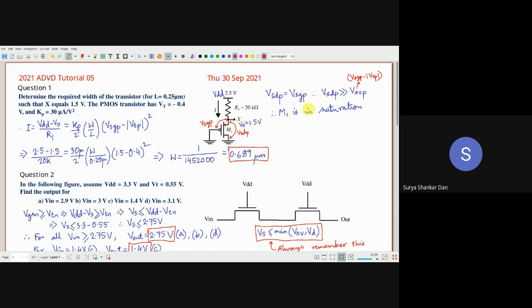Once we have got that, we will essentially go into the equation. We already know that Vx equals 1.5. This is already given. So what we will do is VDD minus Vx, let me call it Vx, that's probably a better way to go. So VDD minus Vx divided by R1. This is the same current which is flowing through the M1 transistor. So I'll just simply write that, put in the values and get the answer. There's nothing to it.